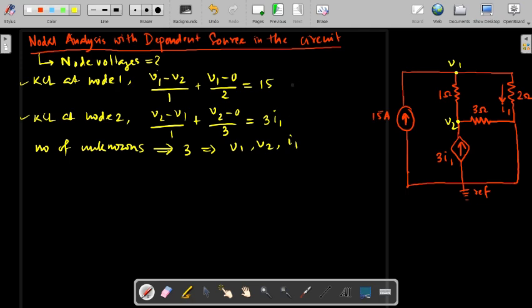So using 2 equations you cannot find 3 unknowns, so you need another equation. How will you get another equation? You will get the equation by